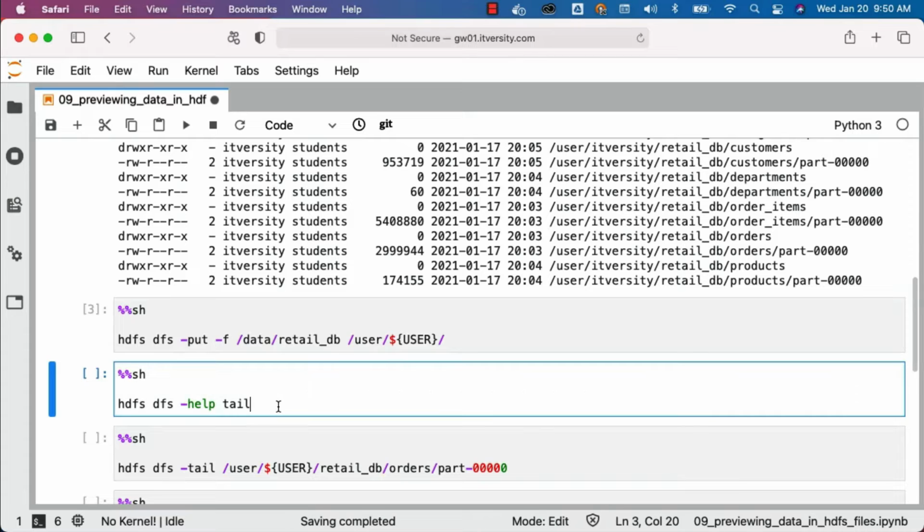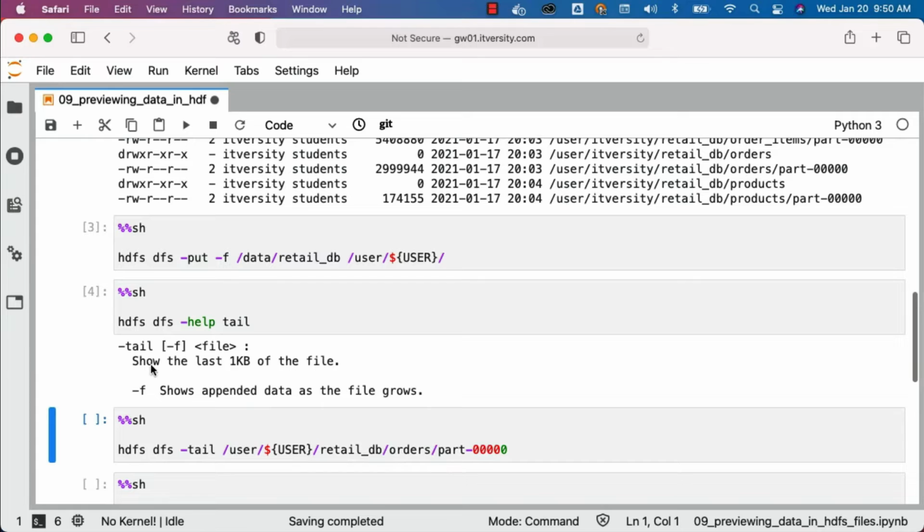Now to get the help on tail, you can use this command, hdfs dfs -help tail, and you can see the details about it. It shows the last 1 KB of the file. We rarely use this -f option, where it will be showing in streaming fashion. So as the files are being written, if you use -f, you will see the last few lines being updated as the data is written into the file. We typically don't use this that often, especially on the files in HDFS. We typically use it against log files to troubleshoot issues, and hence you can ignore this. You don't need to use it. It will only show 1 KB of the file, and you cannot customize it. You can only see the last 1 KB of the file.